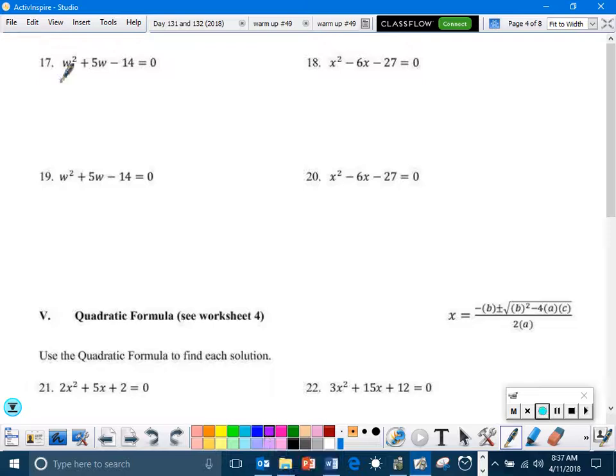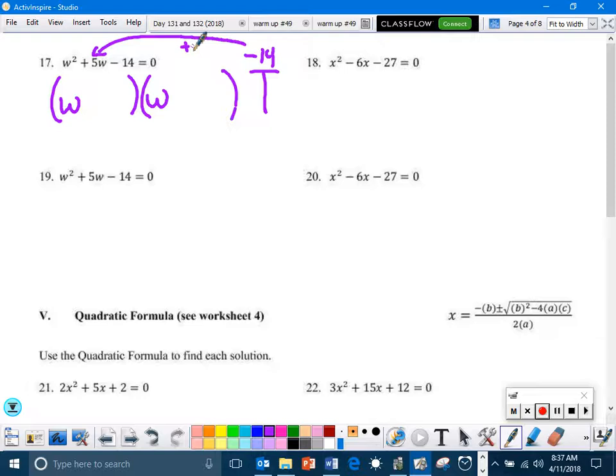Okay, let's do another one. So this time we've got a negative 14 and we've got a 5 in the middle. So what two numbers will multiply to negative 14 and add to 5? Positive 7 and negative 2. So the solutions are